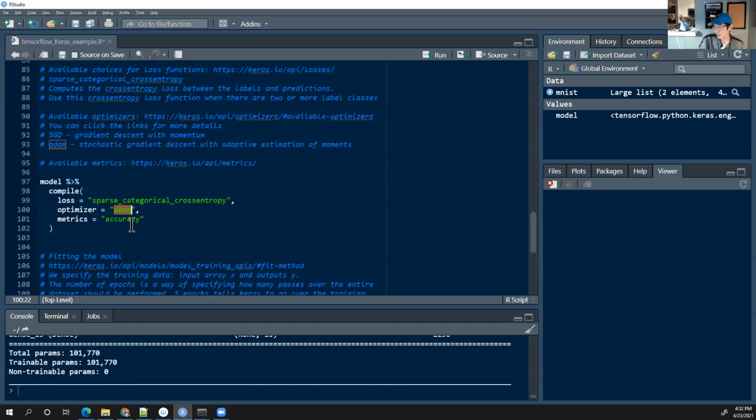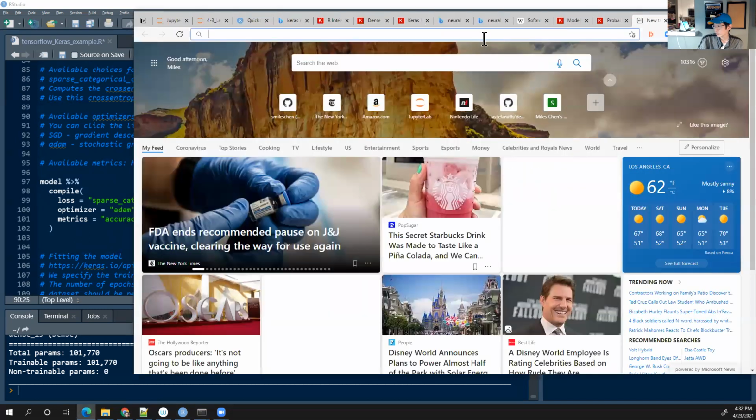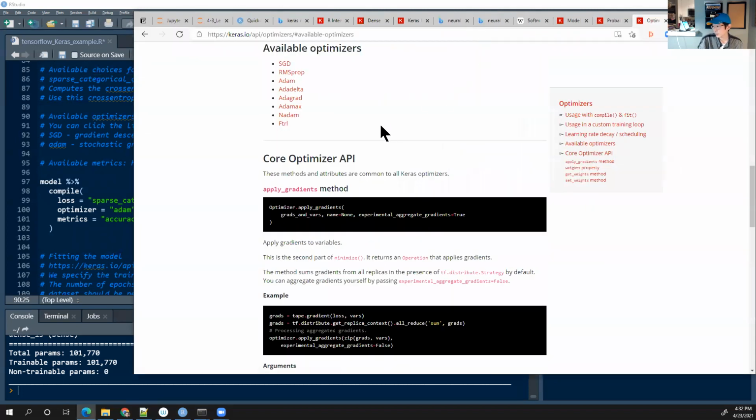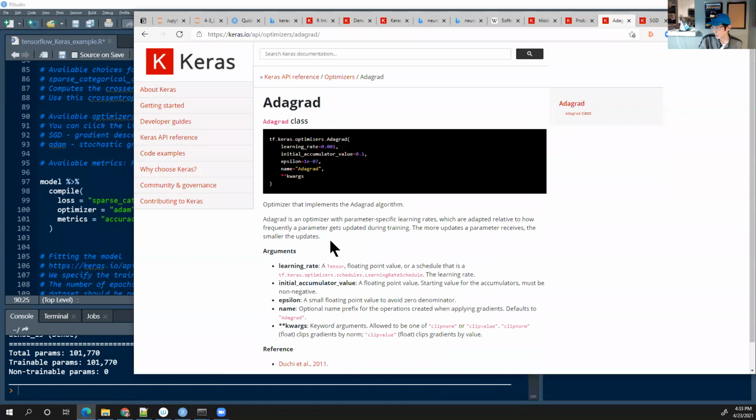Okay, so we specify our loss function, mean squared error, or some kind of categorical loss function. We can also specify how to optimize it. Okay, and again, consult the reference. Okay, and so as far as the different optimizers go, you have gradient descent, which is SGD, okay? And then everything else here is some version of gradient descent, but has been tweaked for better performance, okay? And so you have Adagrad, which is